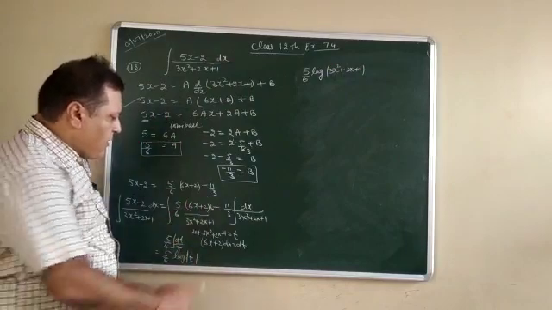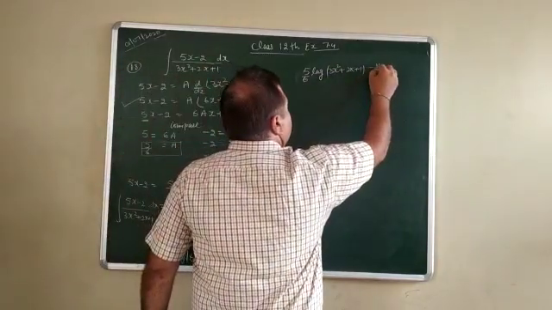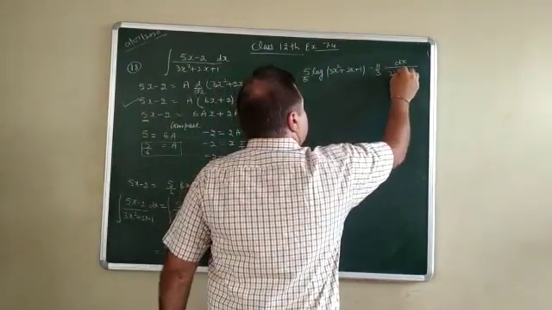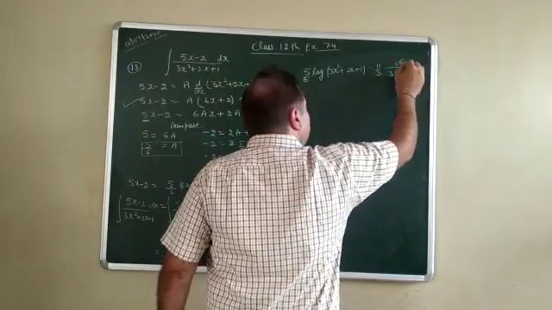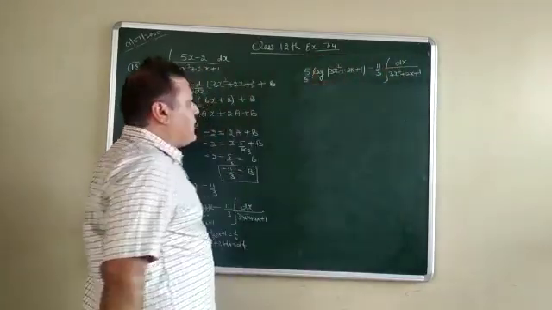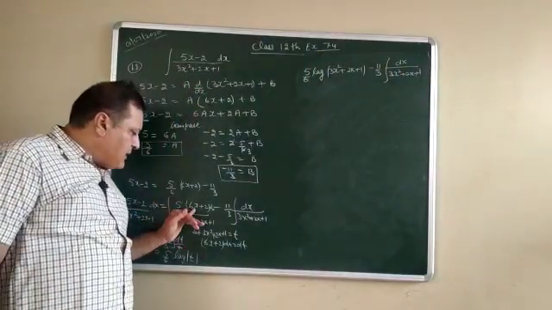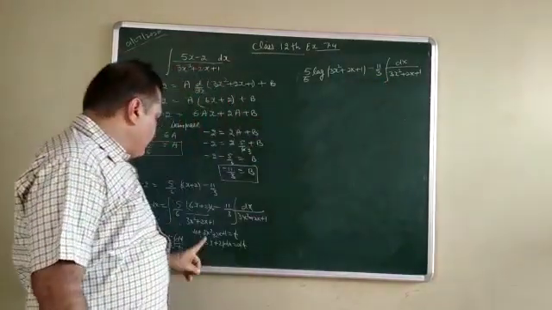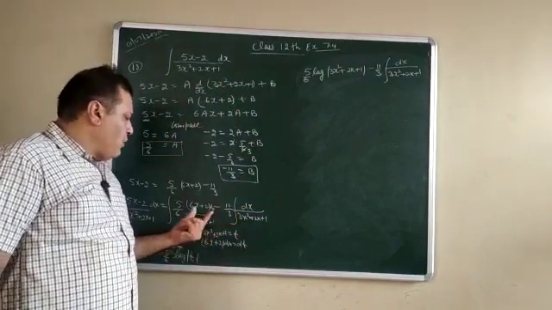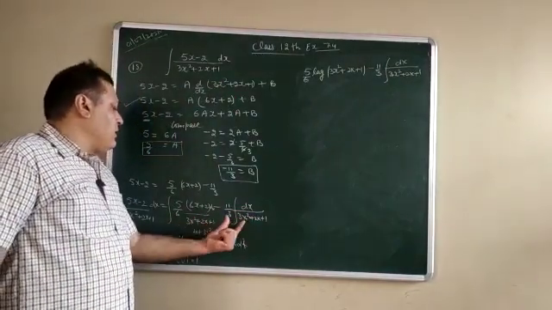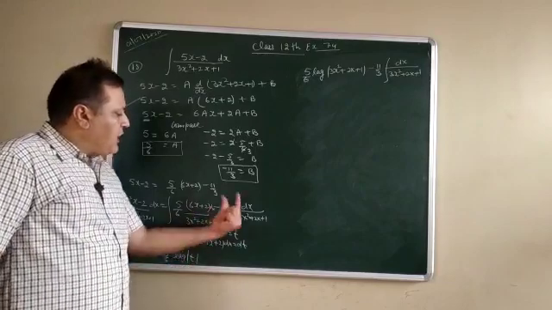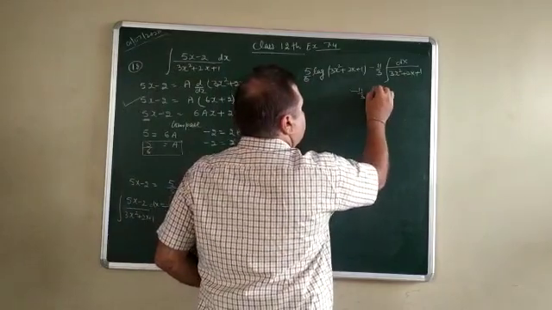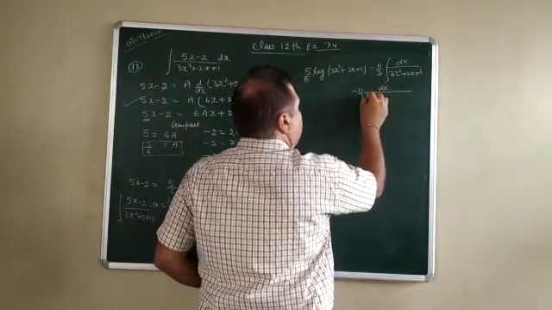Now come to the second part, which is minus 11 by 3 dx upon 3x square plus 2x plus 1. See here, these are two different questions. In one part you have applied substitution, but in the second part you apply perfect square. It doesn't mean you have to substitute here. These are broken into two different parts and two different questions, so one part will be solved by substitution and the other part by perfect square. Now go for the perfect square.